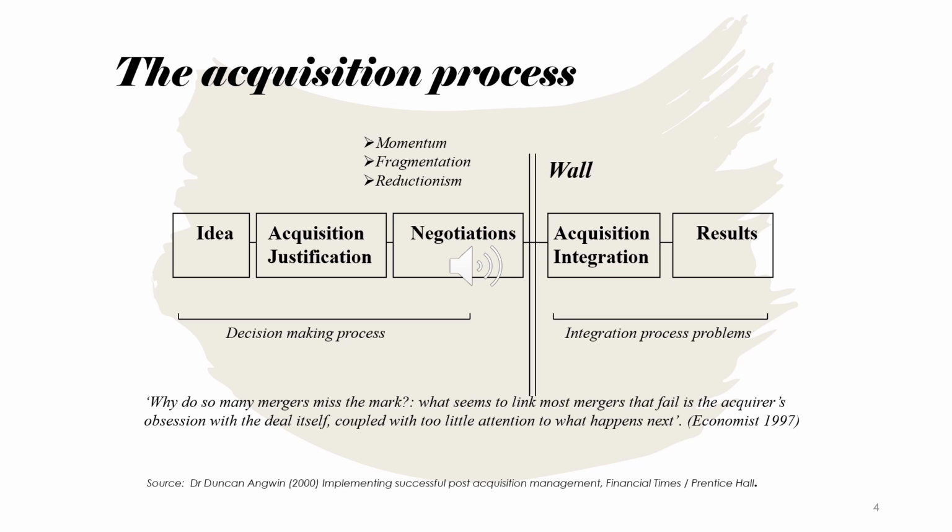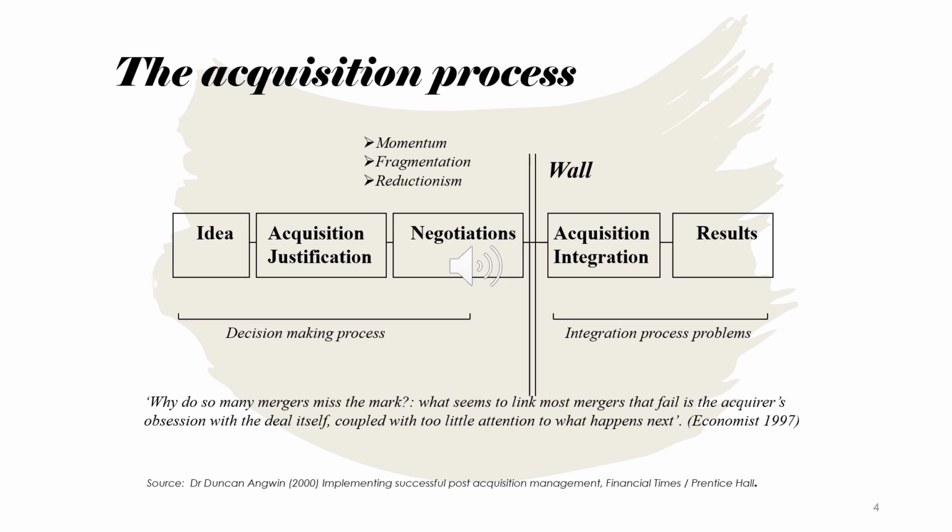So this is the overall process, but it has a number of features that I think you need to be aware of. So first of all, on the left-hand side, this is around a decision-making process of trying to decide, is this the right approach to expansion or growth? Should it be an acquisition? And if it is an acquisition, which target should we go for? And then how will we approach the target in order to do a deal? And on the right-hand side, it's more about integration process problems, how we put companies together in order to achieve results.